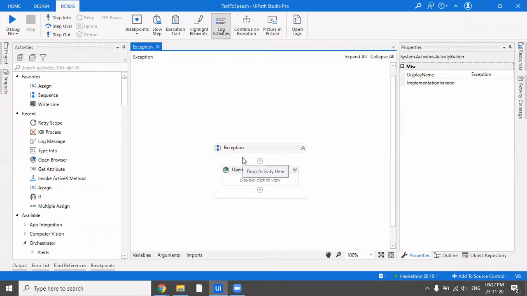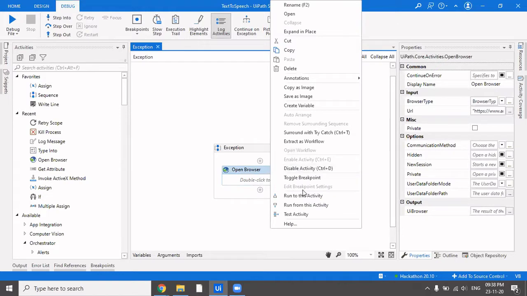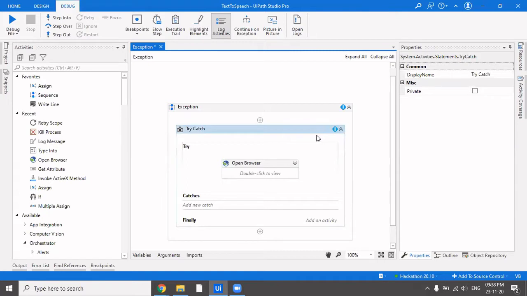I was asked that, as we know, there is a try catch and a finally block in the try catch. As I even told you in the previous videos, the finally block is executed no matter whether there is an exception or there isn't any exception in the workflow. But let me ask you a question. What if you do not want the control to go to the finally block? What if you do not want to execute the code which is written in the finally block? Then what will you do? The answer is terminate workflow.